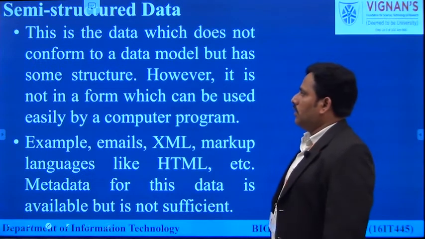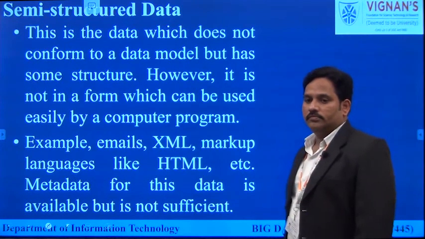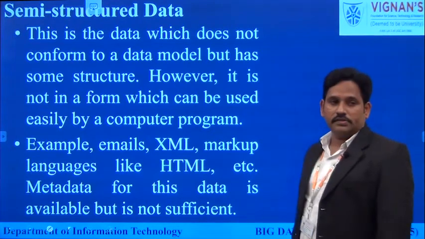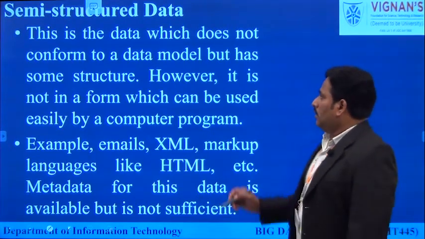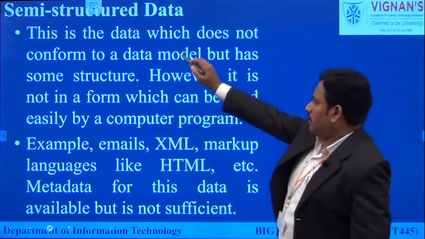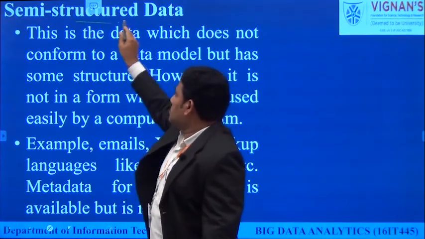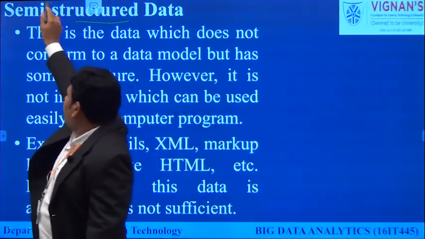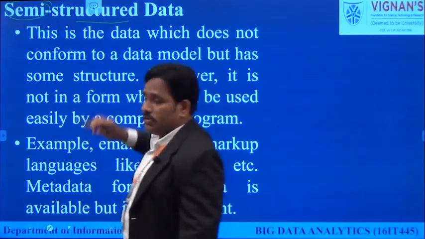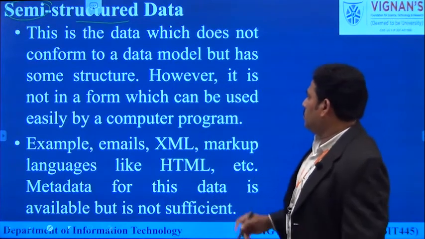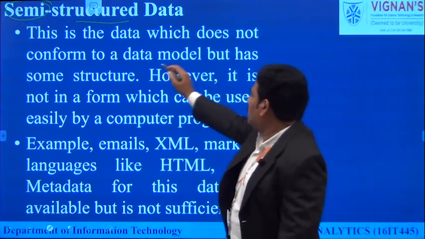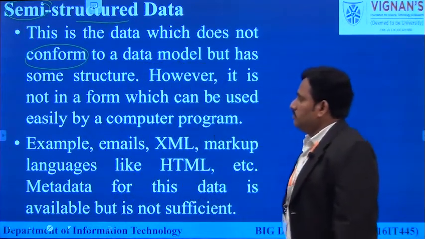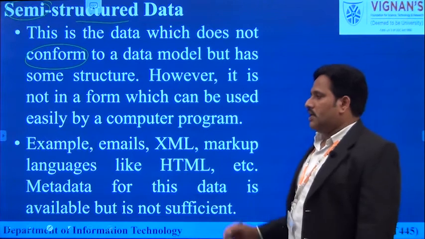the second type of data, which is called semi-structured data. Okay, now we will see the second type of digital data, semi-structured data. In the previous session we have seen structured data. Now we are going to see what semi-structured data is. The name itself indicates that some portion of the data is in a structured manner, and the remaining is not. Now what is such data? That means data which does not conform to a data model but has some structure. Let us have an example here.